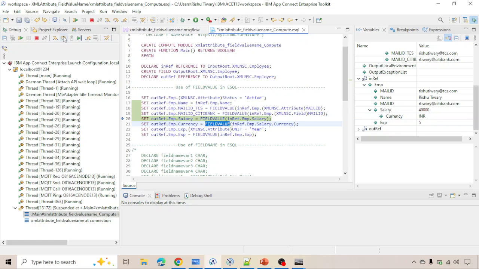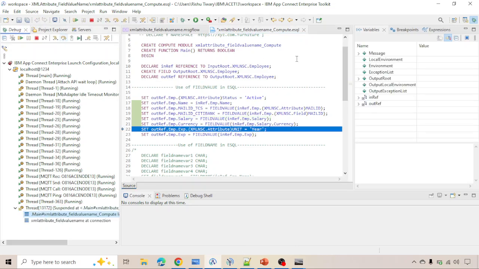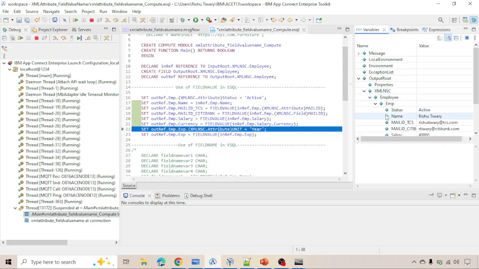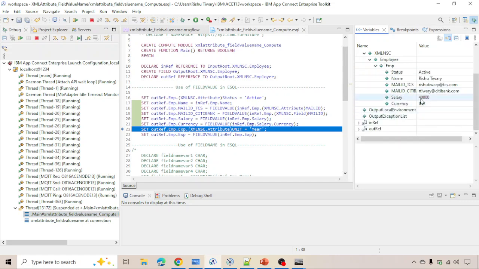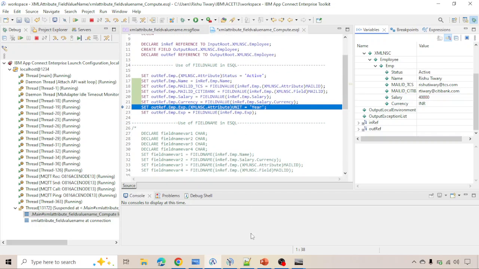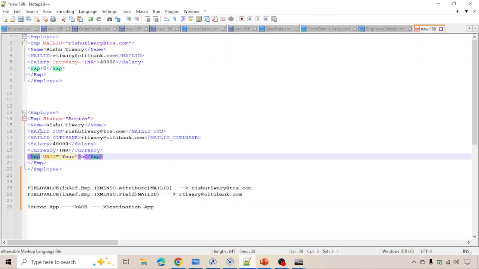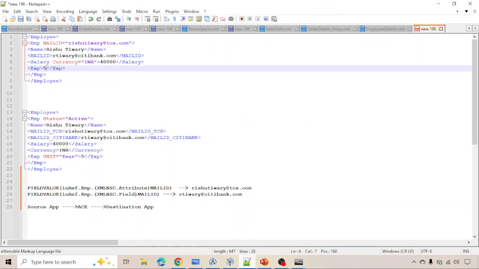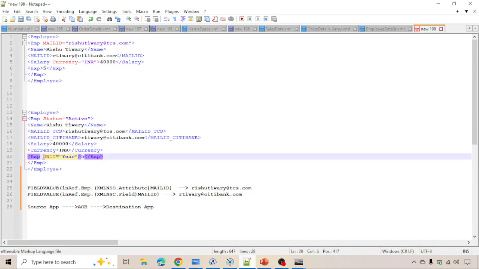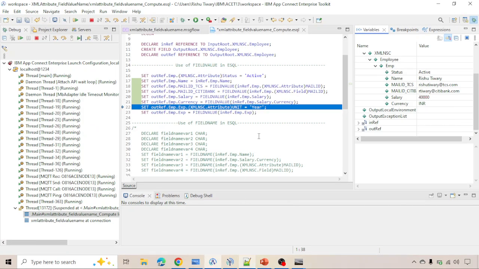Okay, so if I execute both lines, you can see under the EMP both salary and currency fields have been created, and the values have been set. Now let's focus on the last thing. Lastly, I want the experience field to be created, and the value for experience I want to fetch from the input as 5, and especially I want to mention a unit for the experience, which is year. For that, what I can do,